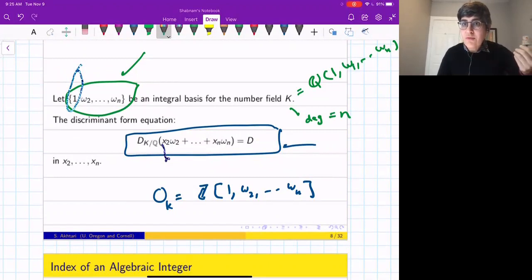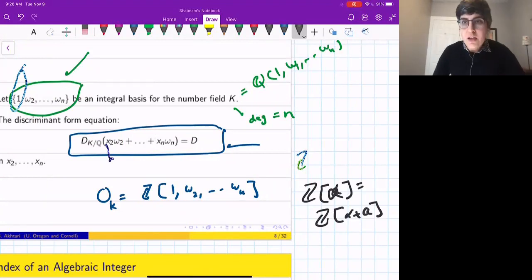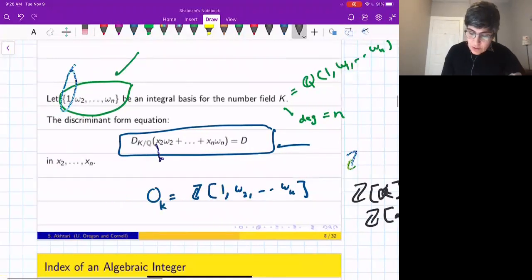to the index of what we talked about in the generators of the ring. So if you have Z of alpha, it's the same as alpha plus A, and you will see that coming out of these formulas. Okay, so anyway, the discriminant form, in a number field of degree n, is going to be a form that can be defined for any fixed set of integral bases, and it can be